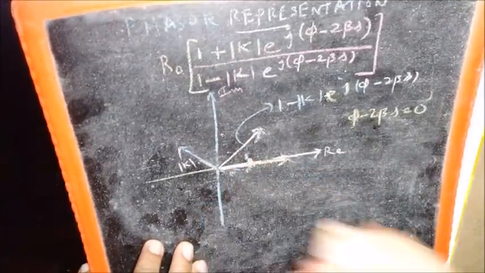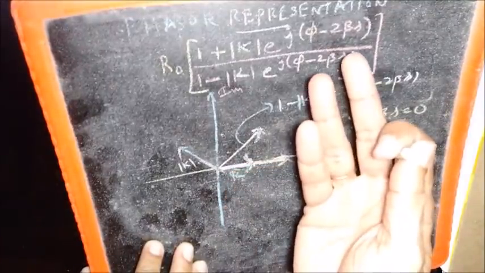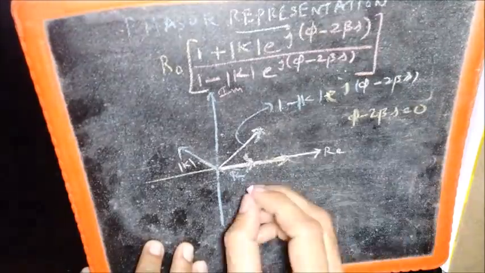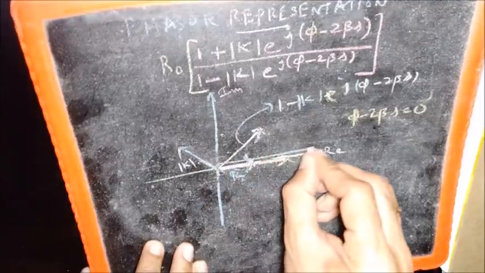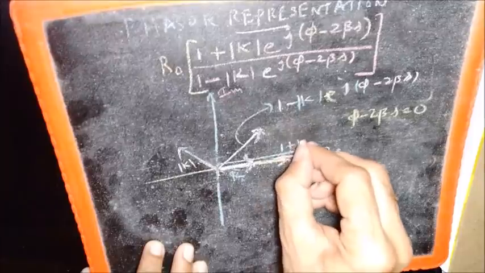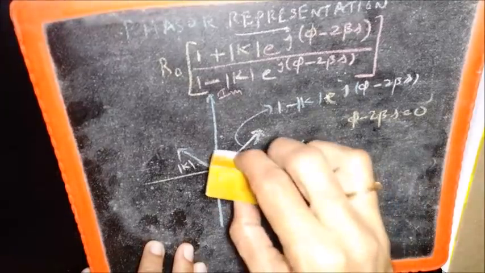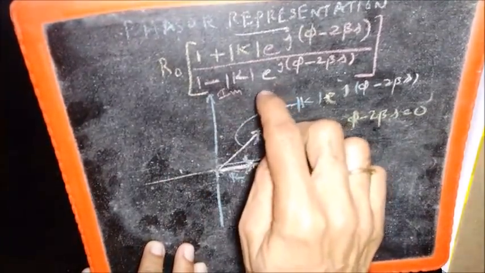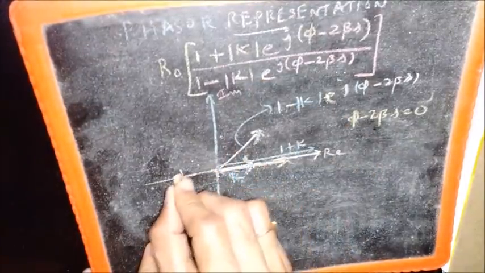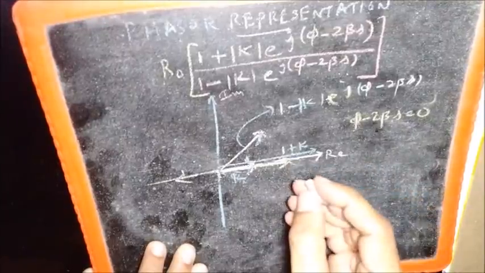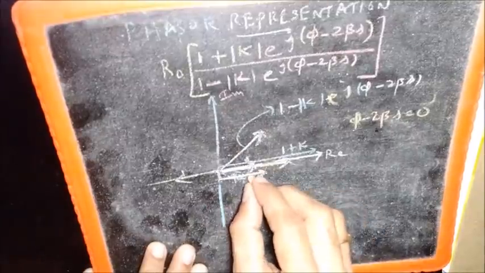And you will have k like this, and because the phase is 0, so you'll have k like this, and 1 plus k will be this, and this will be the numerator. And meanwhile, minus k, the denominator, what comes in the denominator here will be like this. And when you add it to 1, you will get something like this. It's a rough sketch.